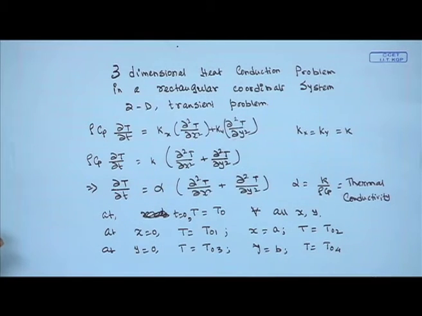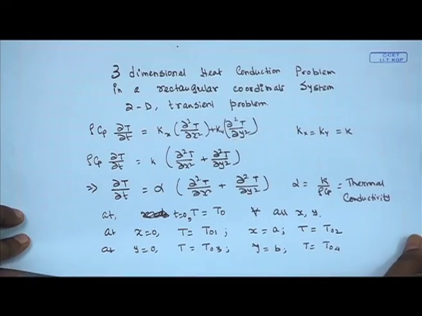So, let us have a general problem which will have all boundary conditions maintained at different temperatures, located at x is equal to 0 and x is equal to a, y is equal to 0 and y is equal to b. All the 4 boundaries we are maintaining at 4 different temperatures, which is basically a special form of the Dirichlet boundary conditions. And at time t is equal to 0, we had some initial temperature, and on all the 4 boundaries we are maintaining 4 different temperatures. Now we will be looking into the solution of this particular problem.